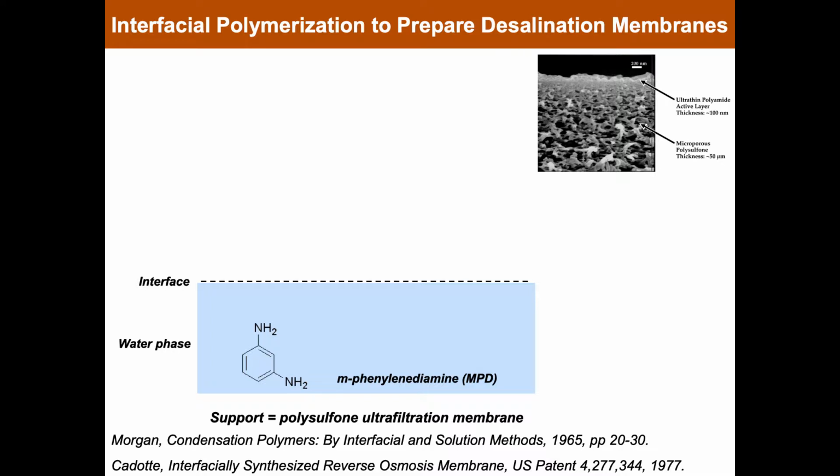And so the first step is to make this polysulfone support that's microporous. That's done in a continuous casting process, the so-called phase inversion process for membrane formation. And then the pores of this membrane are saturated or filled with water that contains a low concentration, a few weight percent, of metaphenylene diamine. The top surface of the membrane then is essentially, you wipe the excess solution off of it, typically in a continuous process with an air knife, and